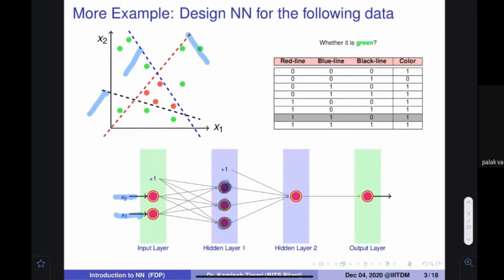Make sense? And then there is a logic that combines them: if this and this and this, then what should be the output? Okay. And since there is only one place, it is only an AND gate. I can find out the negation of this particular item, the negation of the red line, the negation of the blue line, and I think the black line is fine. Then only in this place it would be 1 1 1, and then I can reverse whatever output there is. So I can find the equivalent representation where this line is 1 and all other lines are 0. Make sense?